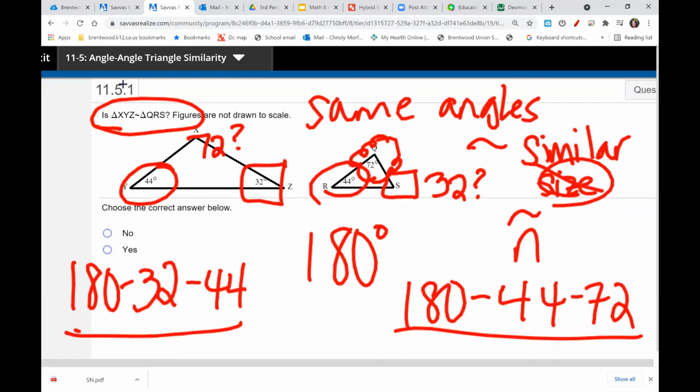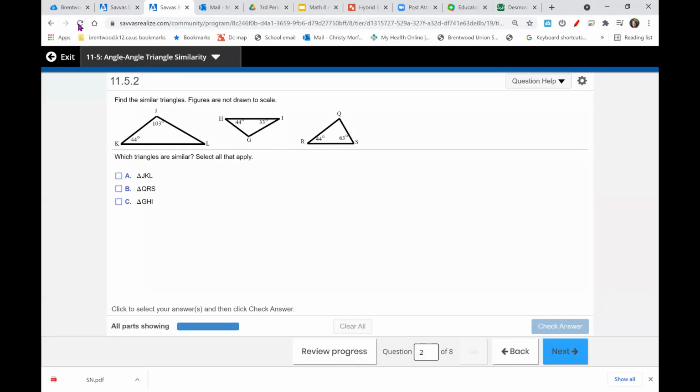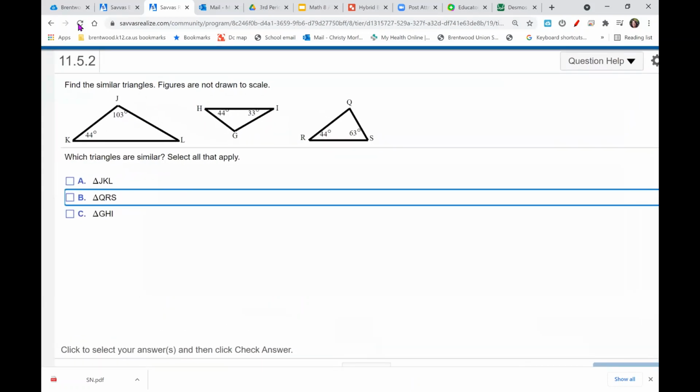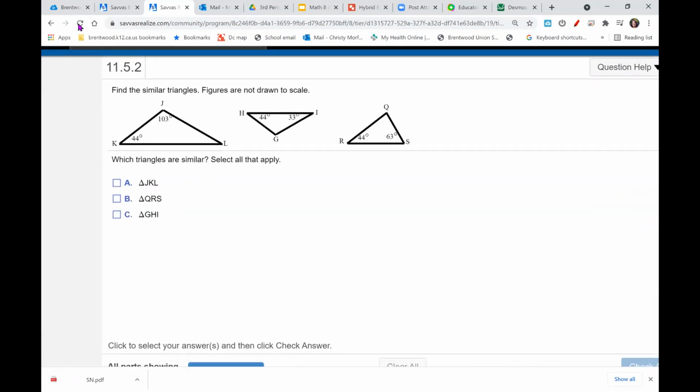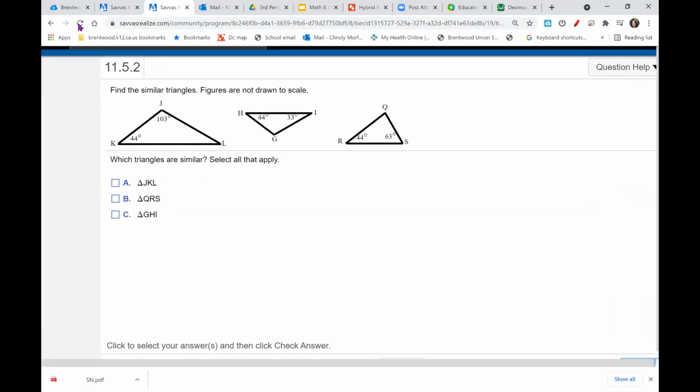Most of your assignment looks like this. On this one, it has three triangles. So the concept is the same. I noticed that all of them have 44. If you're at school, I'll just say the numbers because you might not be able to see them because they're pretty small. Okay, so we've got 44, 44, 44. So they all have a 44